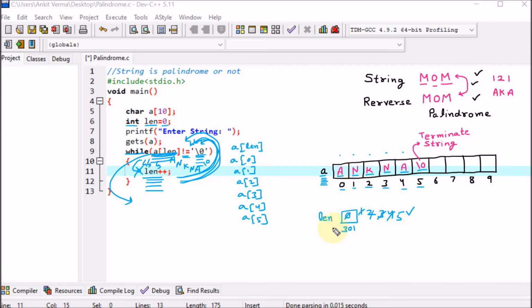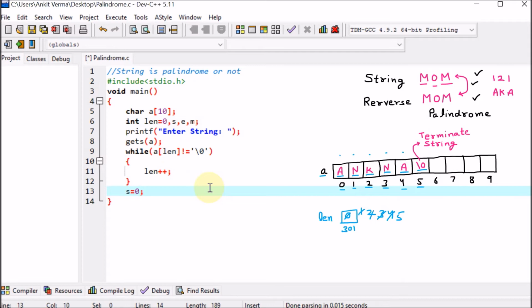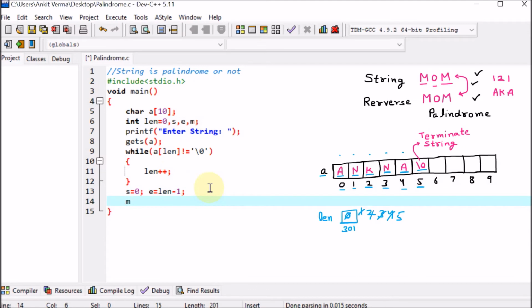Now we are going further. So now I am taking a few more variables. I am writing here start, then end, then middle. So three variables I have taken: start, end, and middle. First of all, we are assuming that start will be 0. So I am saying that start is 0. Then afterward I am saying that let us suppose that end will be equal to length minus 1. And afterward I am calculating the middle. So here I am saying that middle will be equal to length by 2. So here I have taken three variables and I have initialized them.